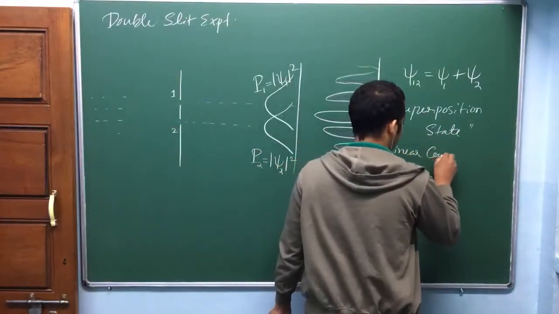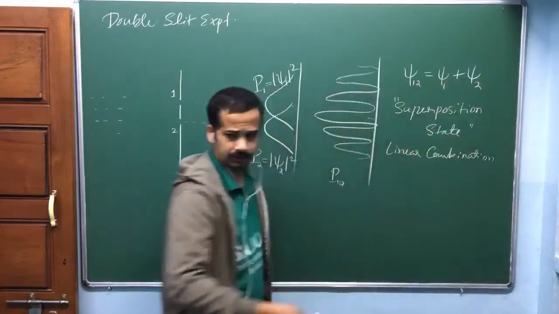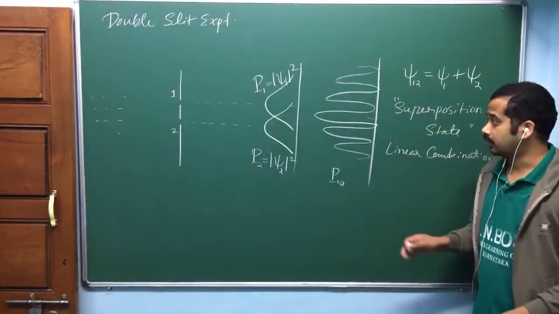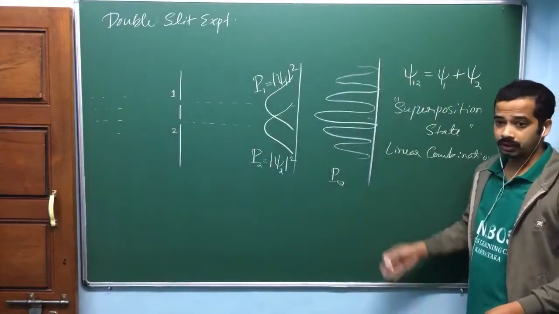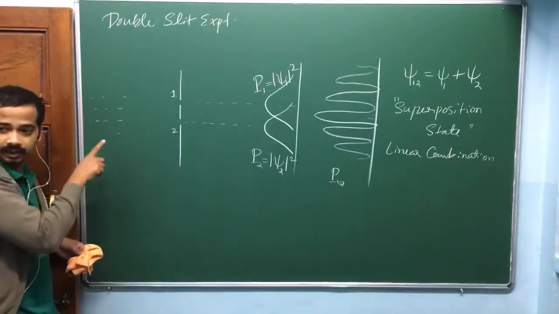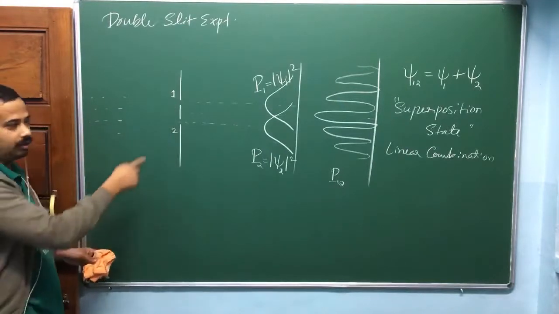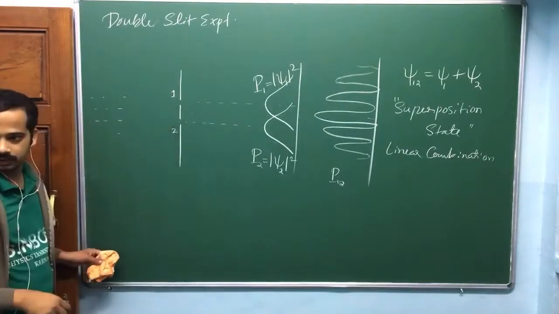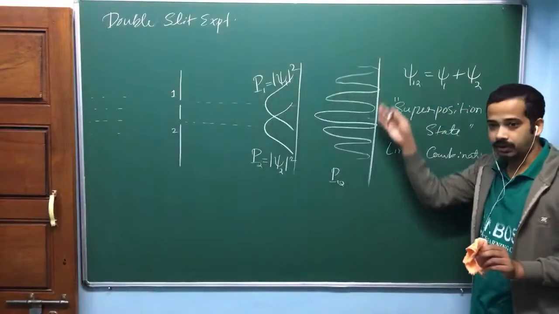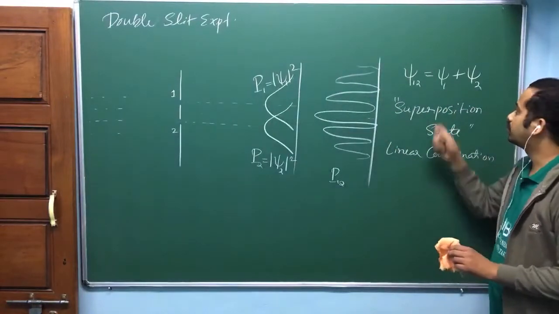If I had another slit, if I had 3 slits, it would be psi 1 plus psi 2 plus psi 3. Again, remember, I am only worried about the electrons which are received on the screen. If you start talking about the states of the electrons which are sent here, some are hitting the walls rather than these holes. I am not worried about that. Just see it from this screen. Whatever electrons are received here, those are in this state.